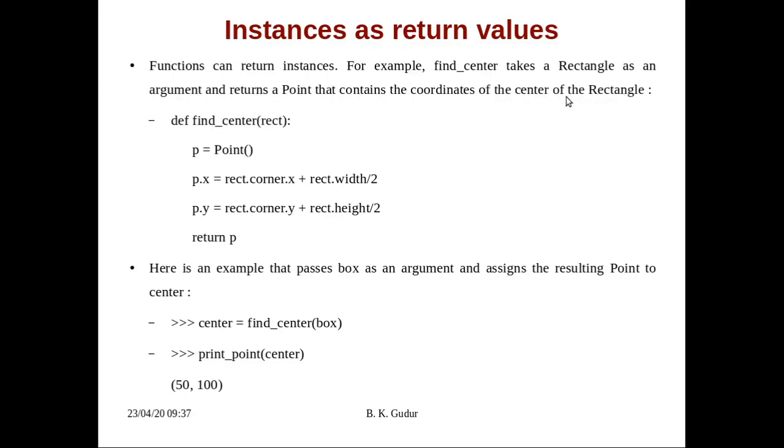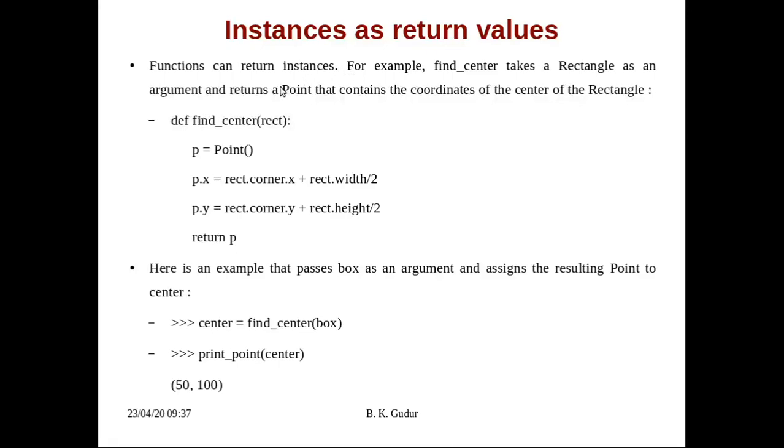It's nothing but a point object that it will return.